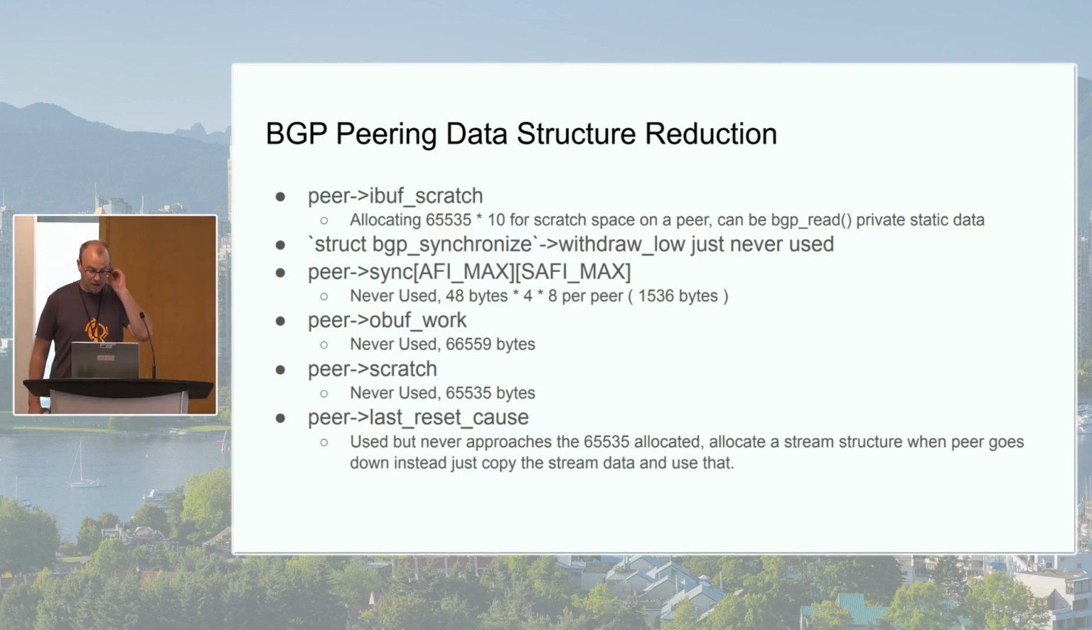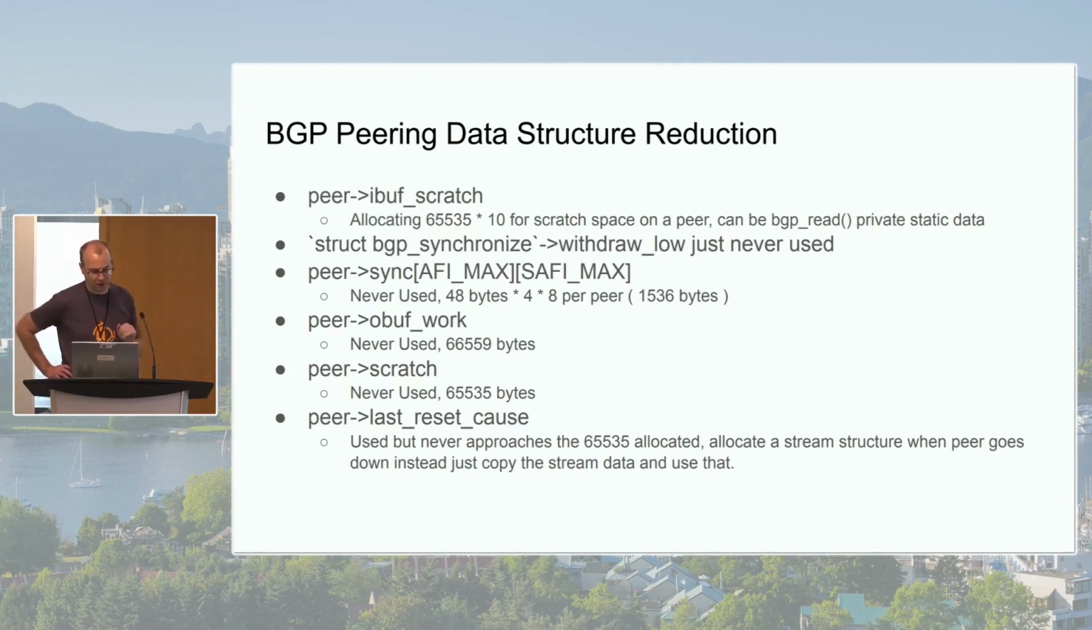We had a withdrawal low in the struct BGP synchronize that was just never used, and that was like 8 bytes per struct BGP synchronize. The peer sync Affimax, Saffimax is a struct BGP synchronize, and it was just never used. It was allocated on startup, and at shutdown for that peer, it would delete it. And there was never any place in the code where it was used. And I think these are all examples of code that went into FRR at one point in time and was used for something, someone made an improvement and didn't remove